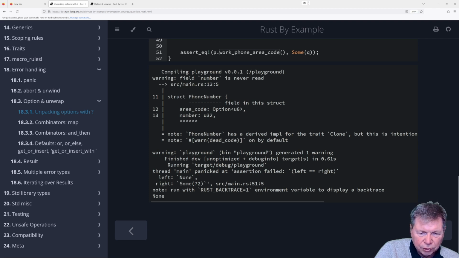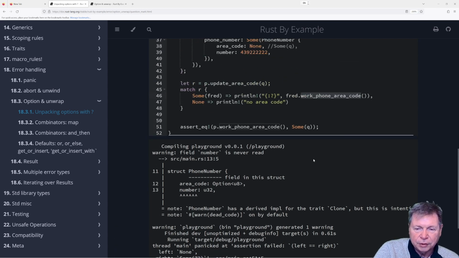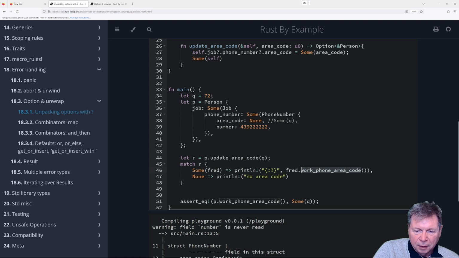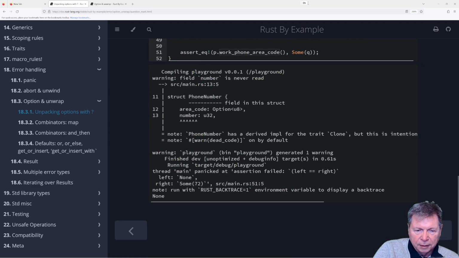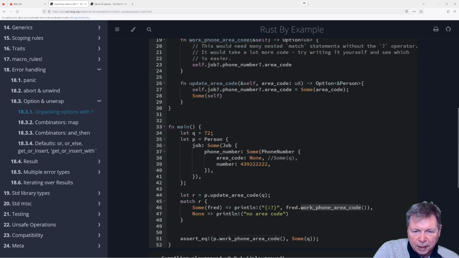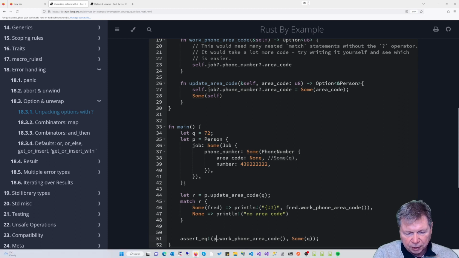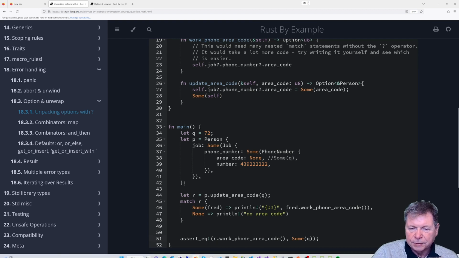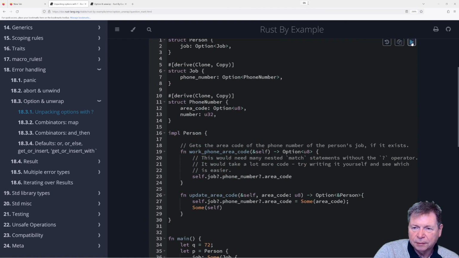We just got the assertion failed error. But then we got, things don't match, which I guess they don't, because we initialized this to none and then checked it against 72. Let's just check R here. Let's just see if we get that.